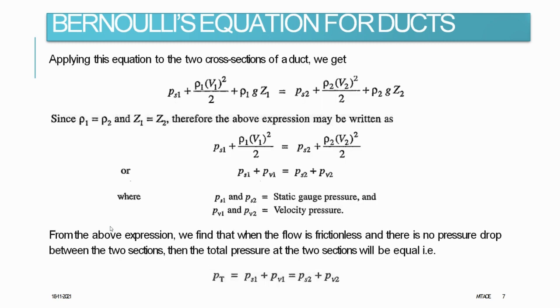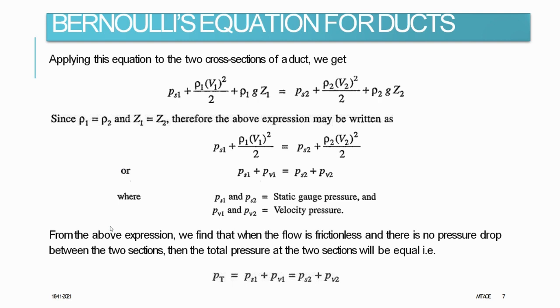Now, since rho 1 and rho 2 are equal and Z1 and Z2 are equal, because there is no such height difference or cross section area difference found there, ultimately Z1 is equal to Z2. Therefore, the above expression may be written as